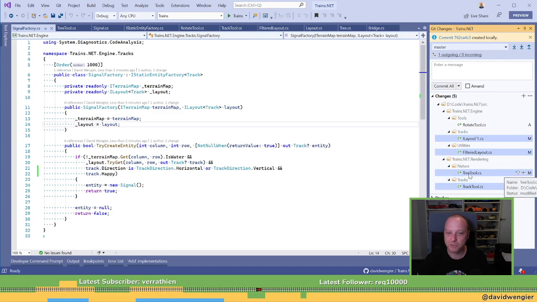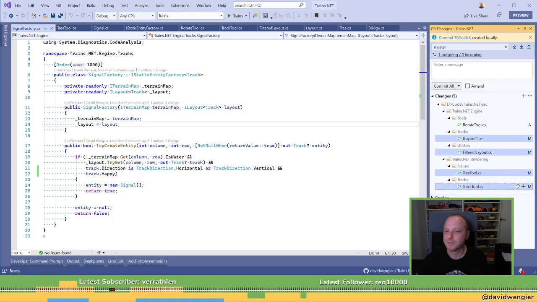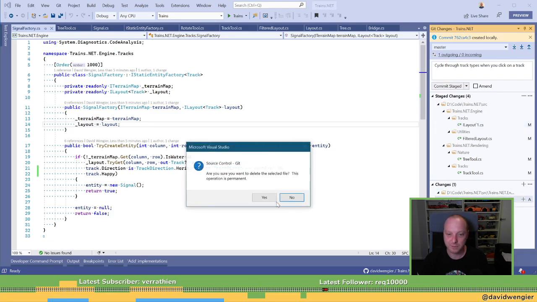Oh, what does it do with trees? Oh yeah, that'll just recreate the trees. Wait, will it? Maybe it won't. Tree. Yep, still does. Okay, stage that. Good. What are we doing? Cycle. That's a good word. Cycle through track types. Click on the track, which is a bit busted. And actually, I'm just going to delete that one.